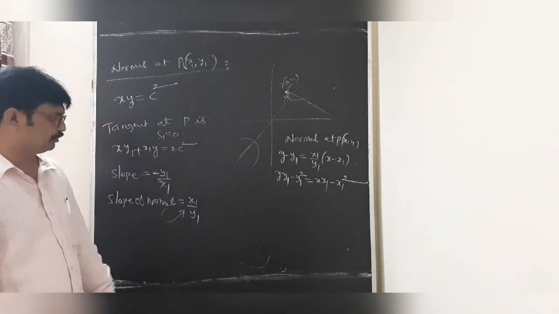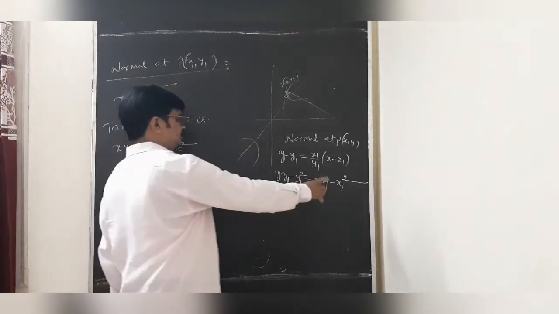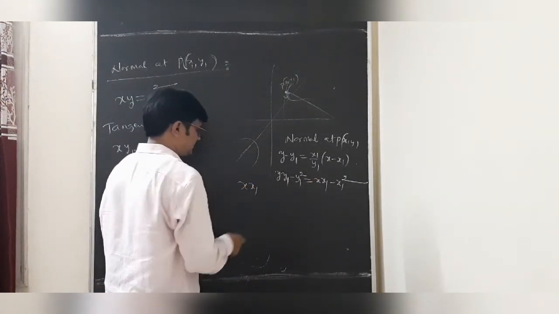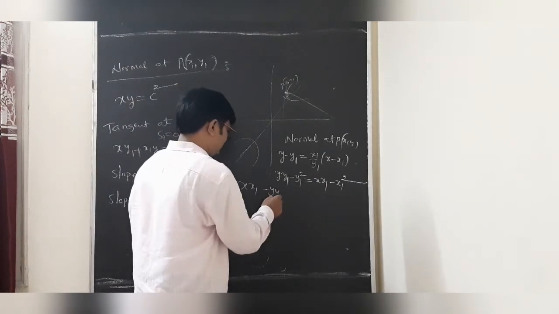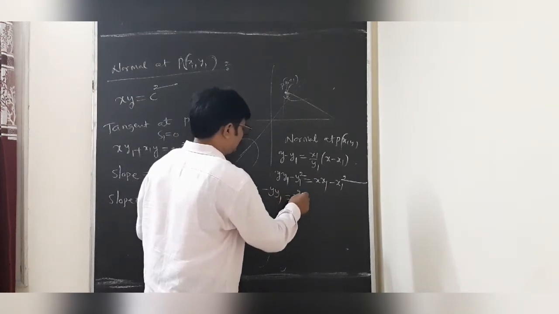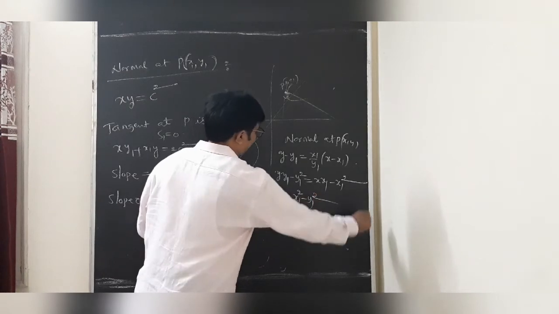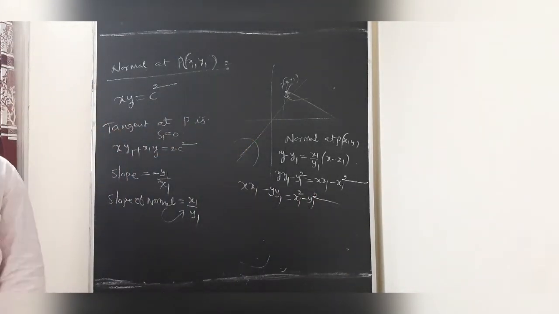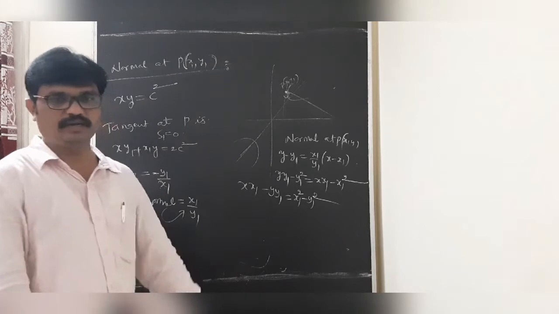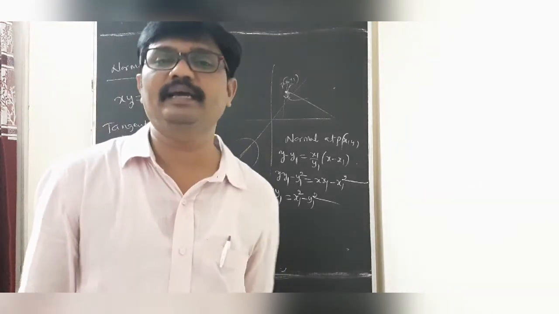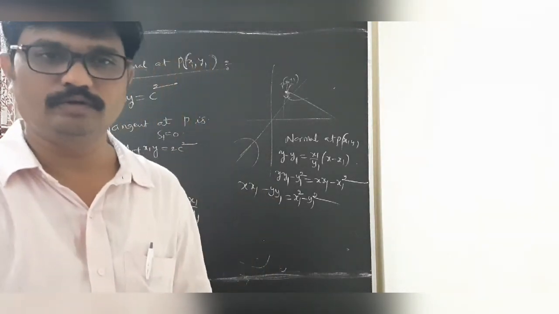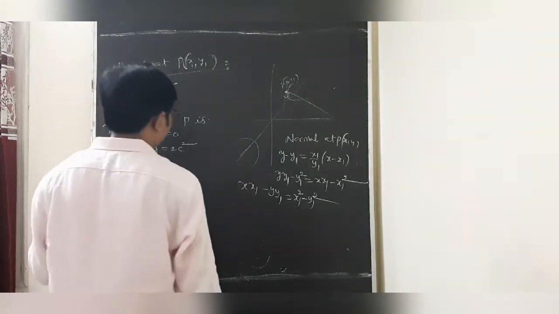So students, when you observe, the y1 is sent to the other side, that is x1 x minus y1 y equal to x1 square minus y1 square. This is the equation of the normal at x1y1 to the rectangular hyperbola xy equal to c square. At the point t,